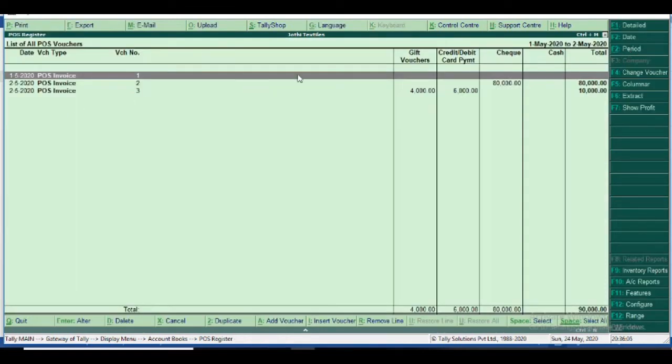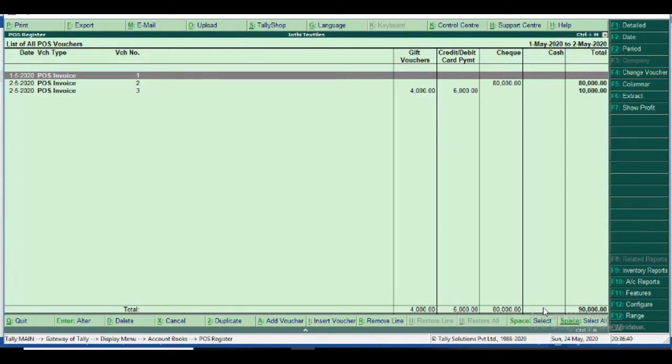Clearly three bills come up. If any staff changes the shifting method, the eight hours, and then the staff shifted to charge another staff, they surrendered the gift voucher 400 bill, credit card payment bill, and 80,000 check. Some of the cash amount balance also comes clearly. So I give it easily from this report register.